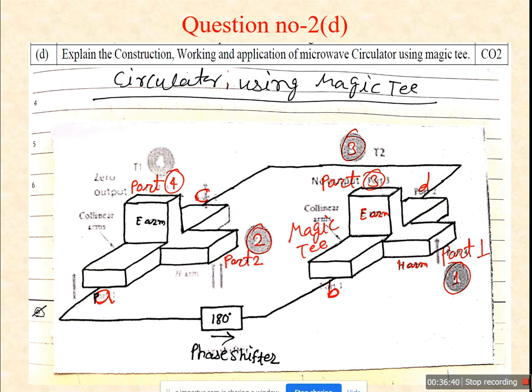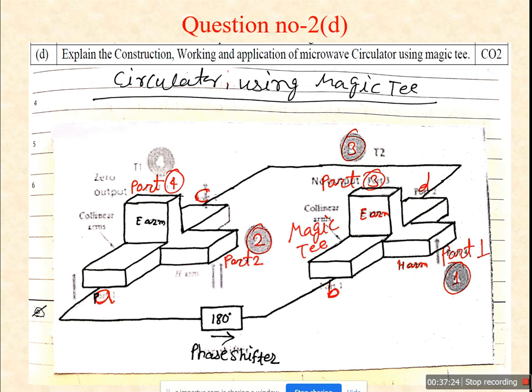So whatever power is applied at port 2, it is split into two parts with the same phase, A and C. From C it reaches point D. From A, with the 180 degree phase shift, it reaches B. So at B and D the power is the same, but there is a phase shift. In the subtractive part and the additive part, in the additive part you will get 0 because one has a 180 degree phase shift. You will receive 0 power at port 1, but you will receive the full power at port 3. Now applying the power at port 4.